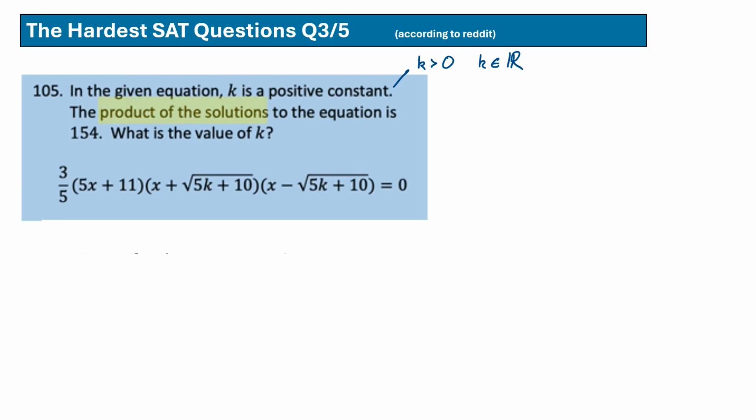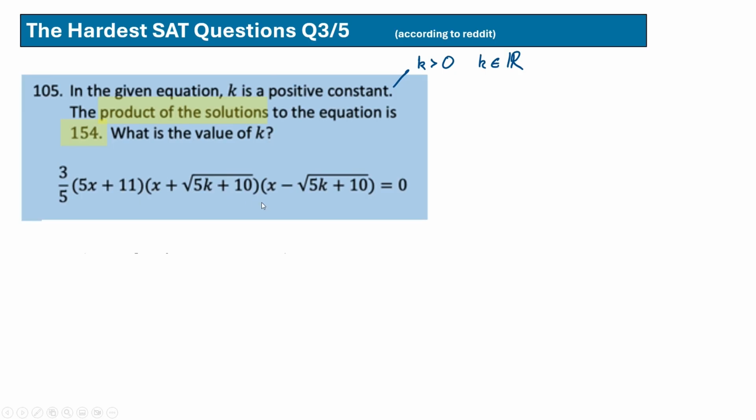Now, it's interesting to use the word solutions here. In the UK, we tend to say the product of the roots, but same idea, is 154. What is the value of k? Well, of course, the whole point of this question is you need to understand when an equation is in factorized form, so in other words, a thing times a thing times a thing times a thing, what if it equals 0? Well, it must be the case that either this first bracket equals 0 or the second bracket equals 0,